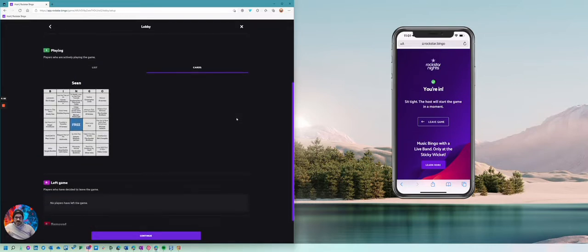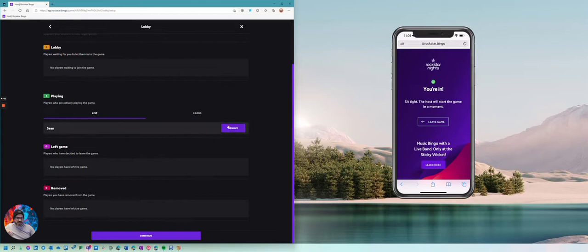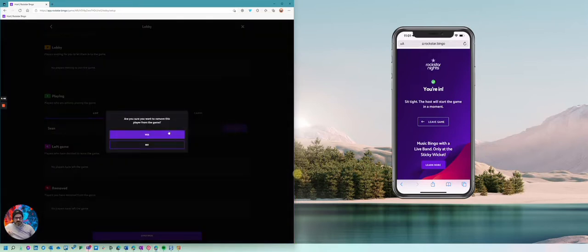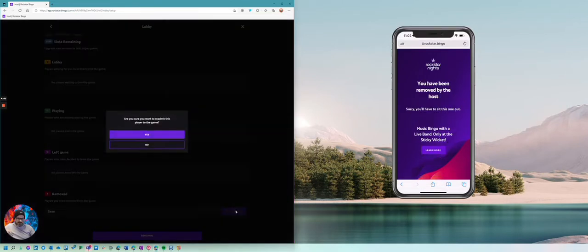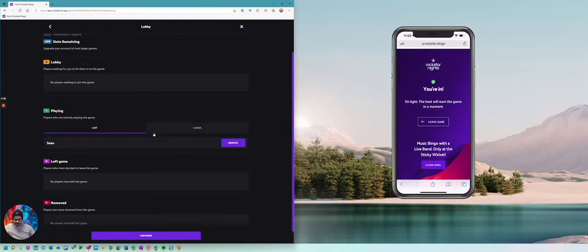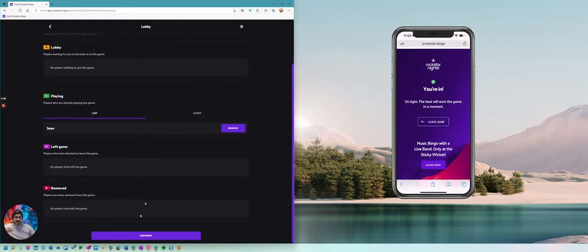The reason we do this, though, is that you can actually kick people out. So if someone is misbehaving, using a name that's inappropriate, you can simply remove them and they can sit this one out. And you can see that, yep, sorry, I'll have to sit this one out. I'll let myself back in. No harm, no foul. And so here I am ready to go.